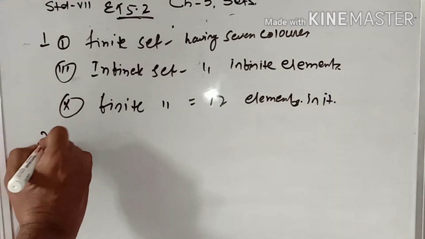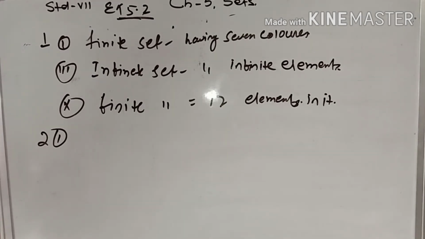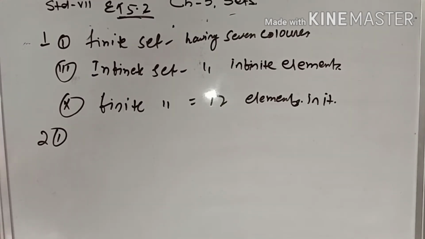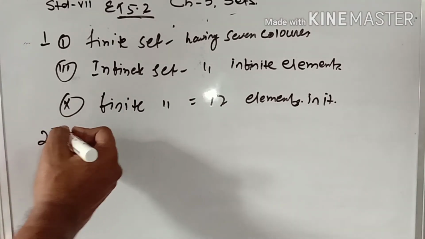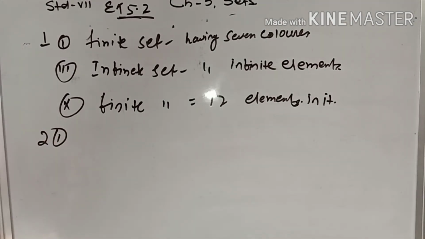Question number 2 first. Now question number 2, it is given which of the following described in same set. See, according to question number 1, it is given that vowel of English alphabet and A, E, I, O, U. So I can write, so 1, because English alphabet as we know A, E, I, O, U, and here set different set it is given also E, A, U, I, O, U. So therefore 1